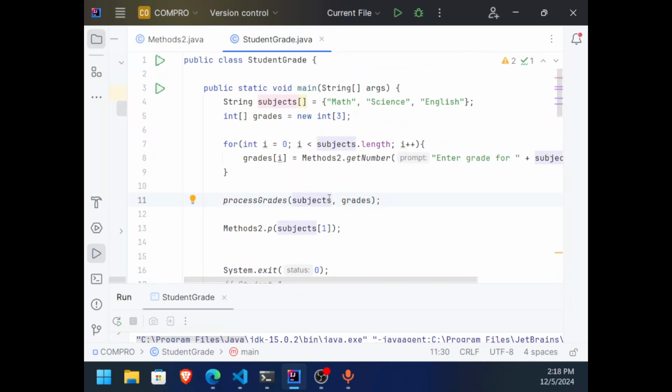This is only true for array and class arguments. I want you to learn that.